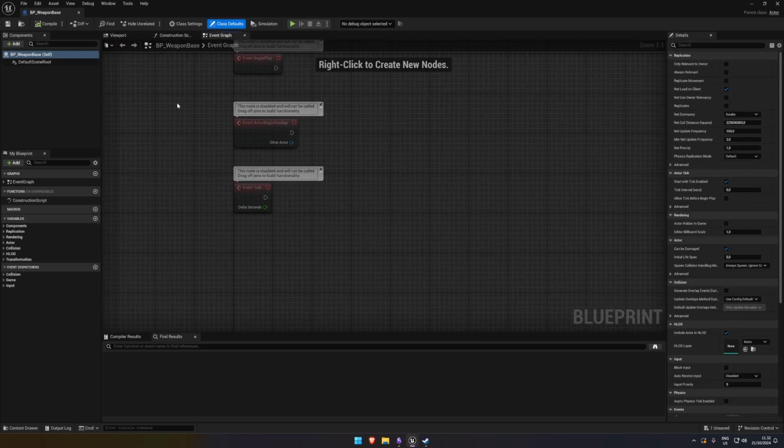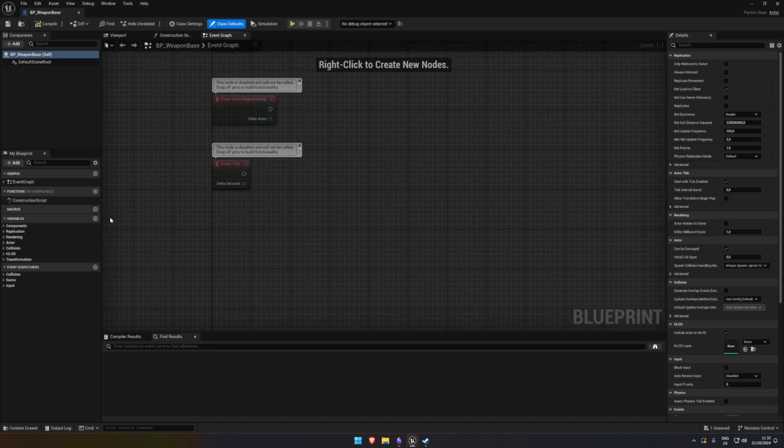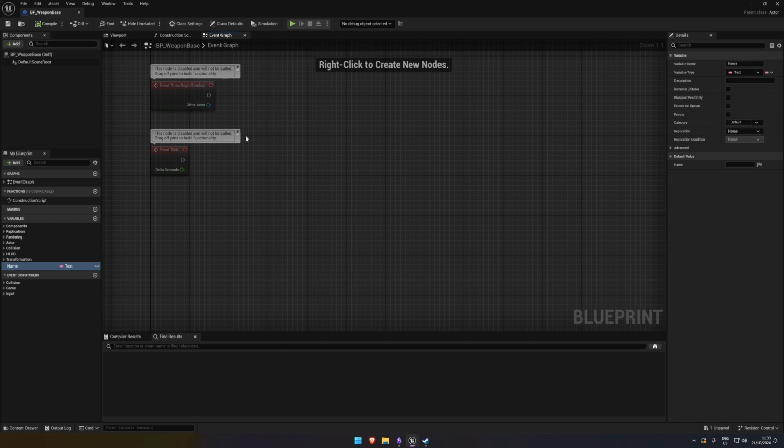And then we can create a child of this. So we create one weapon base and then we just create a child of everything. The only thing I'm going to do now is create a variable for the name of the weapon, just so I can show something. That will be a string. Actually, we'll do a text. And we'll compile and save that. We don't really need to do anything else in here. We could name this, we just call it weapon